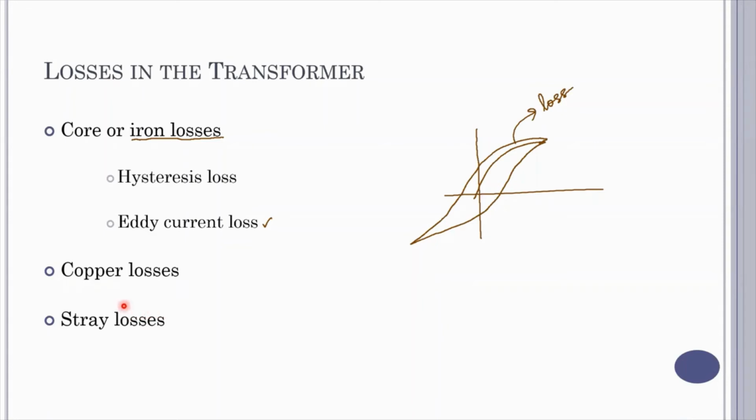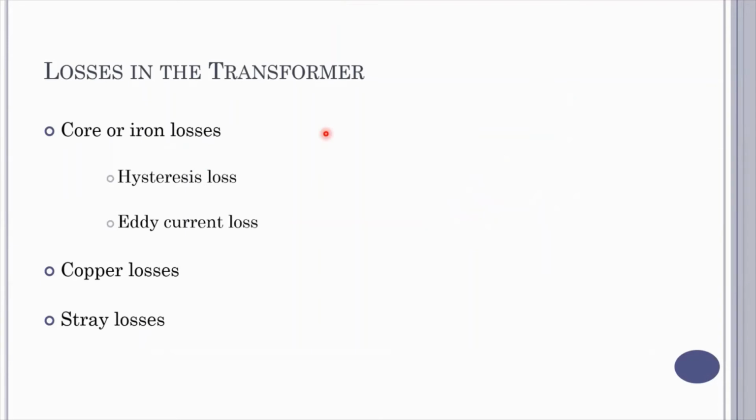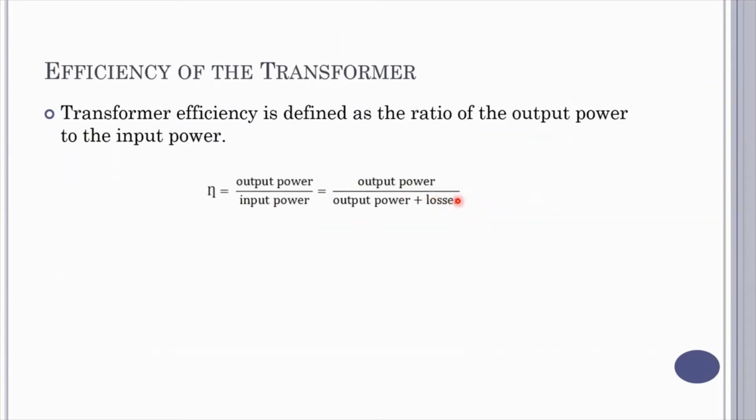And we have a few other factors that contribute to the loss that occurs in our transformer, and we bring all those arbitrary losses under a single banner, which is stray losses. So these are the different losses that could occur in a transformer. So we have losses, and hence input power will not always be equal to the output power. The equation goes as input power is equal to output power plus losses, and hence the efficiency of a transformer, output power divided by input power, is always less than 100.